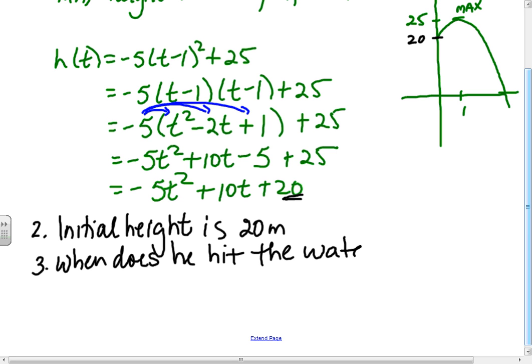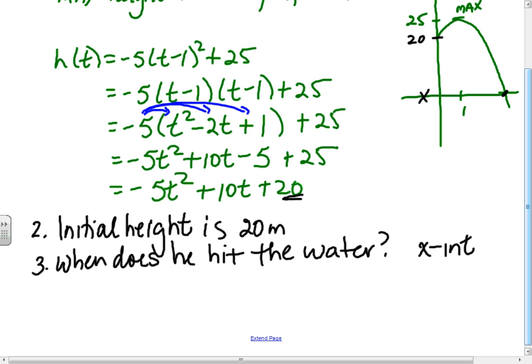On the graph, I am looking for the x-intercept. I'm looking for this point when he hits the water. There may be another x-intercept over here, but that doesn't make sense to have time negative, so I'm looking for